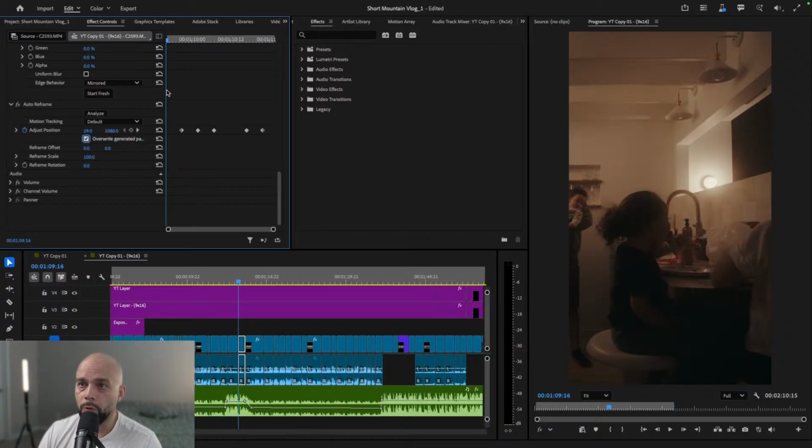What I'm clicking is the overwrite here, so you guys can see overwrite generated path. That's what I'm clicking on. So that's the original one right there, and that's where it started. Cool. So we're going to do a keyframe right here where we're starting. All right, and this one, we're going to do